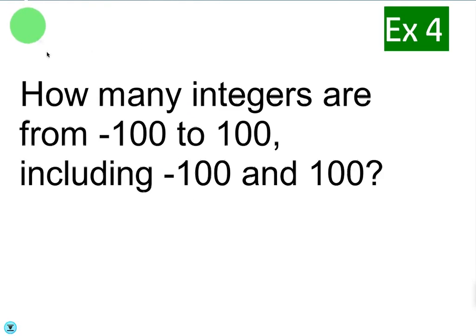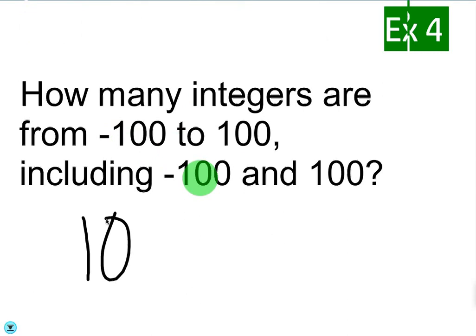All right, how many integers are from negative 100 to 100? Now you might think 200, right? But don't forget that there's a 0 between them. So not only is it from 1 to 100 and negative 1 to negative 100, that would be 200, we have to include 0. So you can go ahead and see it's 201,